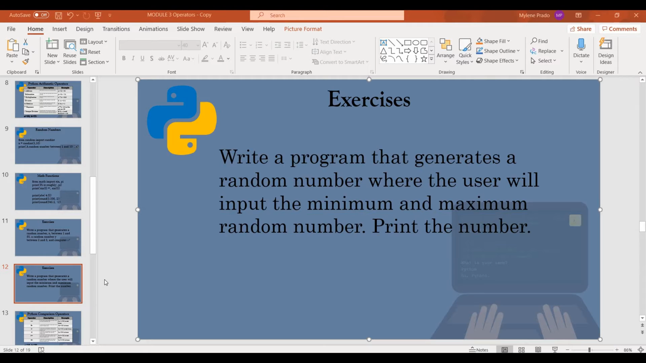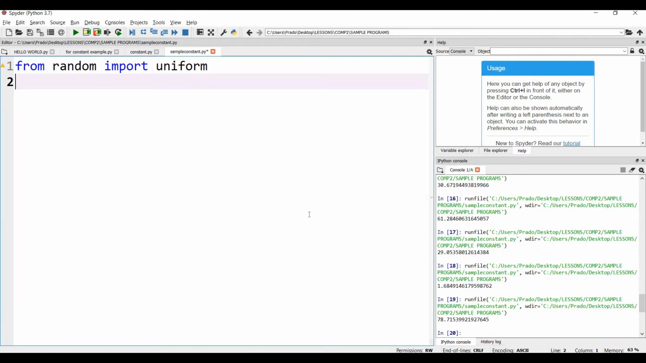Last one is we will write a program that generates a random number where the user will input the minimum and maximum random number. So, print the number. So, ang una natin gagawin is kailangan kunin natin kay user kung ano yung pinakamababang value na pwedeng i-generate ng program, and then yung pinakamataas na value na pwede rin i-generate ng mismong program. So, first one, ano yung pinakamababa? So, pwede nating lagyan ng variable na minimum or min. Kasi minimum na lang equals to input